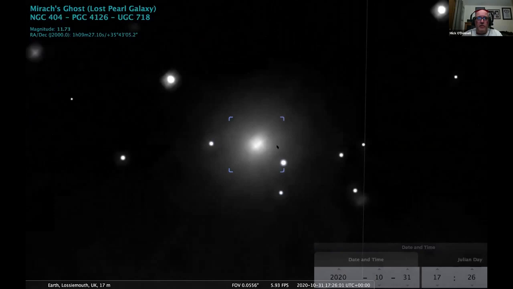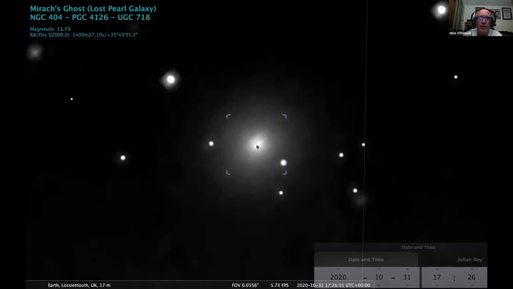So galaxies in its class are disc-shaped with little ongoing star formation, and they show no spiral arms. If you're making a list of galaxies that are easy to locate, which this one seems to be, but hard to observe, then this one would probably be quite close to the top of the list. The clue to this contradiction is in its name, Mirach's ghost,